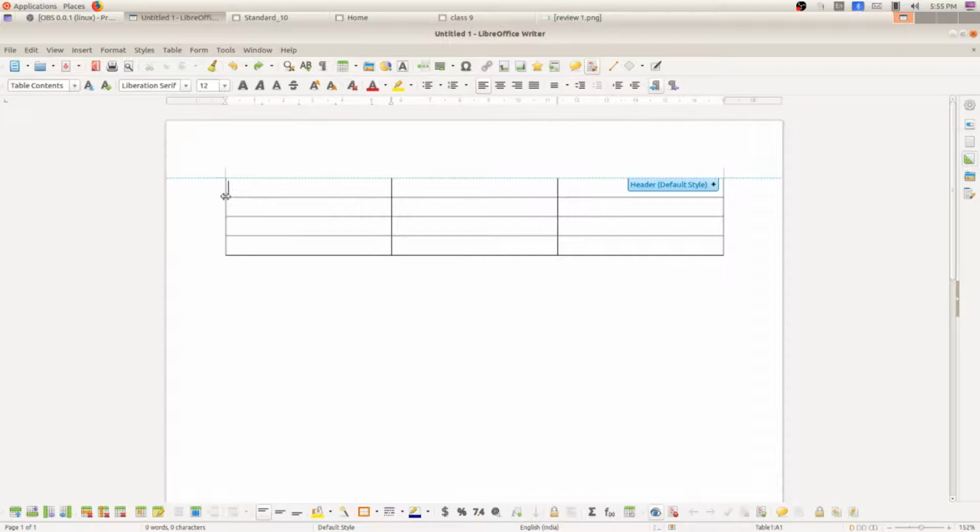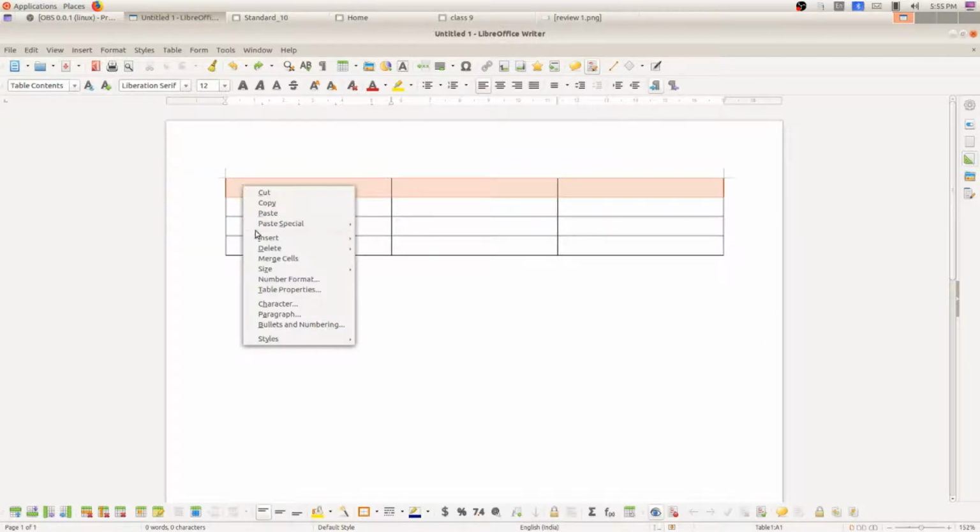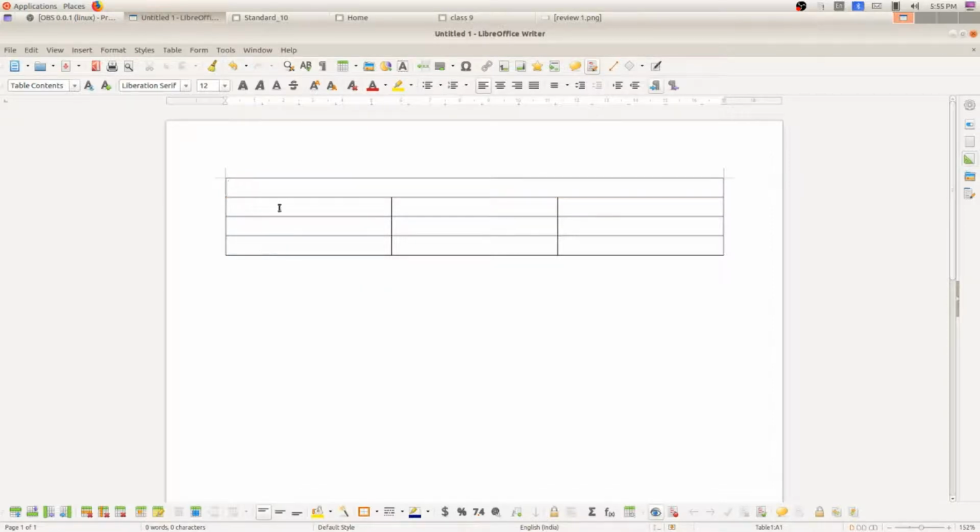In the same way, we can select in this manner. Select this when that black color arrow appears. Then right click on the table. There you can find the merge cell option. So there are two methods to do the merge cell option. And the second subtopic is what? How to insert new rows and columns.